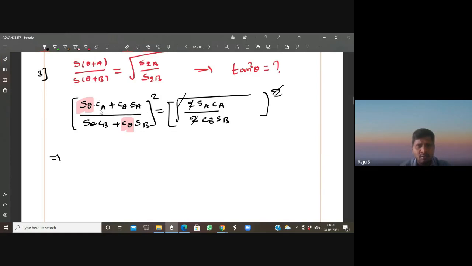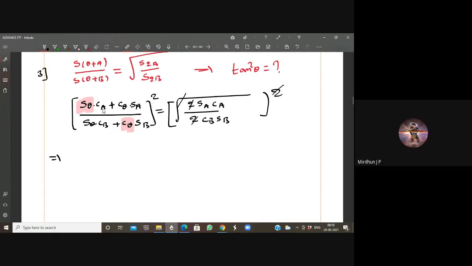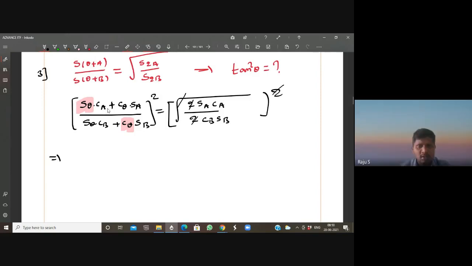Here, apply the formula. Then it is in the form of a plus b the whole square. Yeah, a plus b whole square. That is a square plus b square plus 2ab, you can apply, and also you can cross multiply and simplify. So whatever way we do, I want to take sine theta common, then cos a by